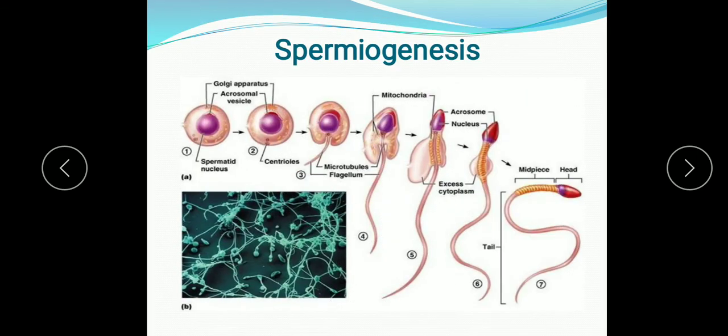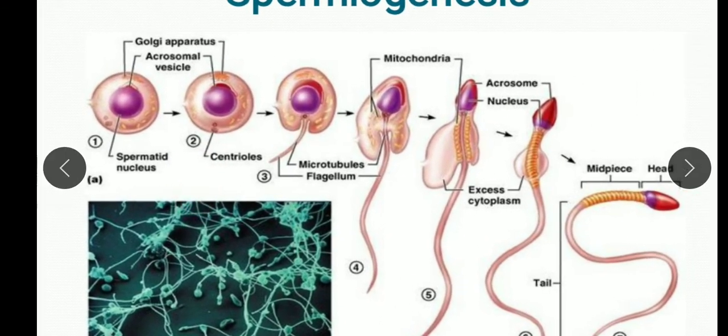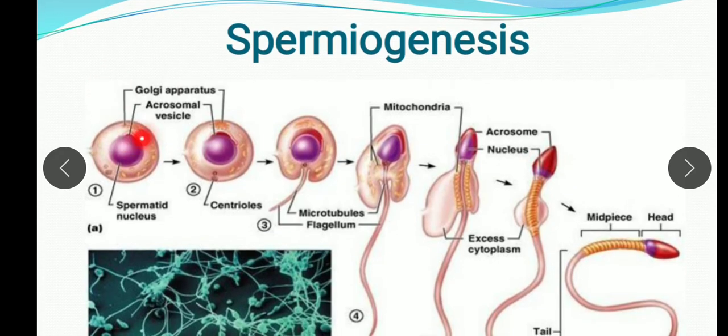Let me see further. During this process, what happens? The Golgi apparatus of the spermatid gives rise to the acrosome. Acrosome is the anterior tip of the sperm that contains an enzyme known as hyaluronidase. Further, the number of mitochondria also increases